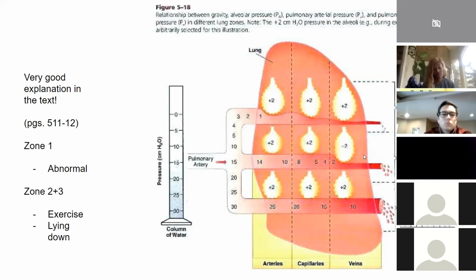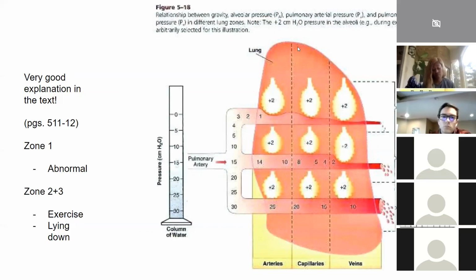Okay, so what do you expect happens with lying down? Does anyone want to share? Yeah, I'd guess that zone one wouldn't have the difference in pressure, and maybe zone one would be up to the top of the chest if you're laying on your back, and it would kind of flip, but there'd be less weight of all the blood on all the areas, so there'd be less pressure throughout the system.